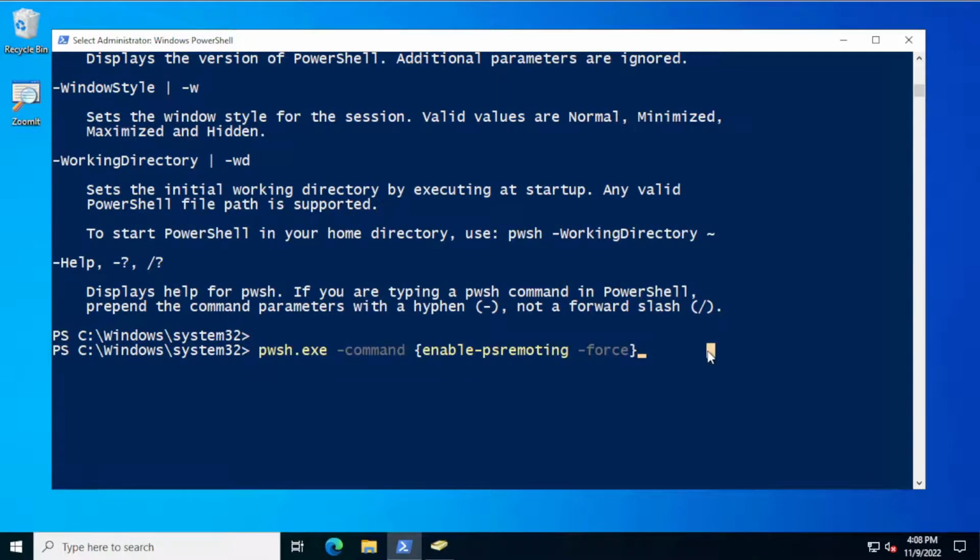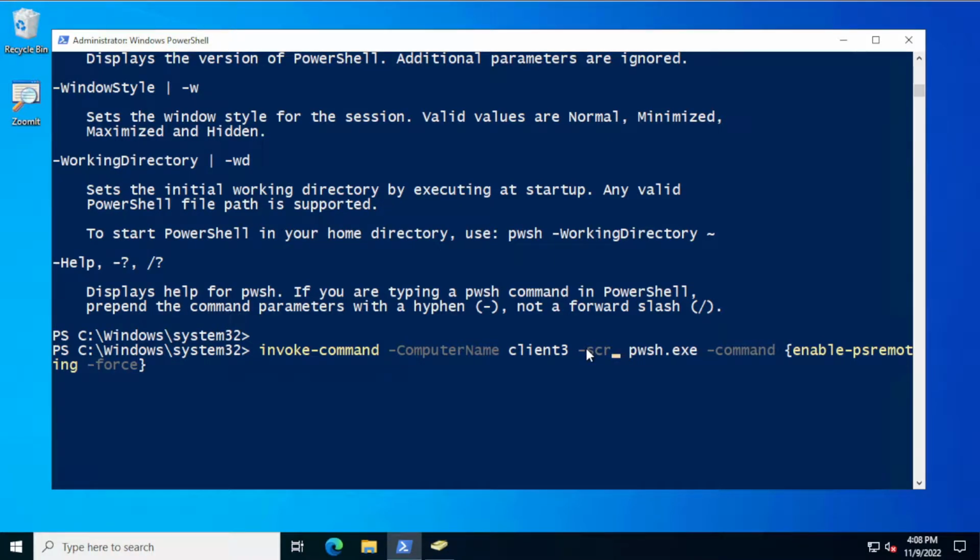So if I were to take this and let me just copy this to my clipboard here, and let's put this inside of a remoting session. So like literally like invoke command the computer in question that I want to connect to. Let's say that could be client 3, and then this would be my